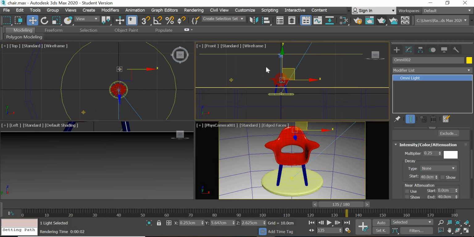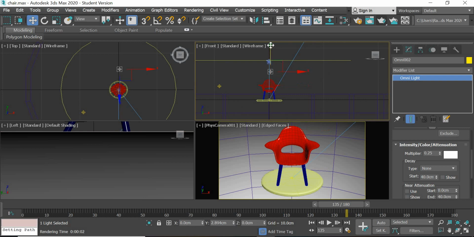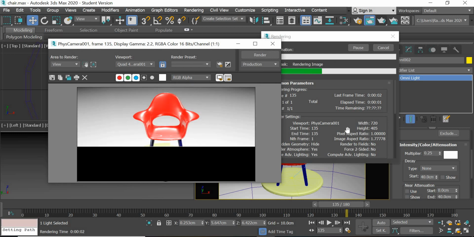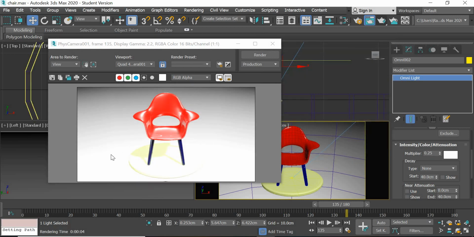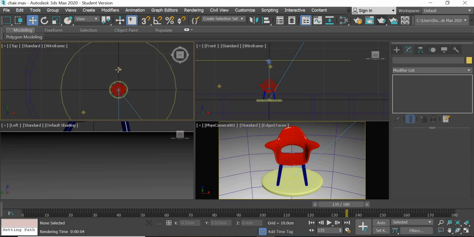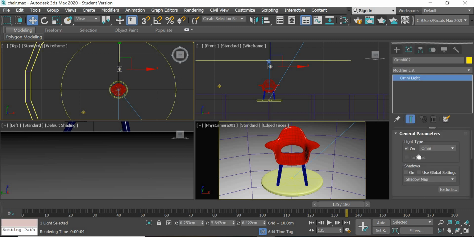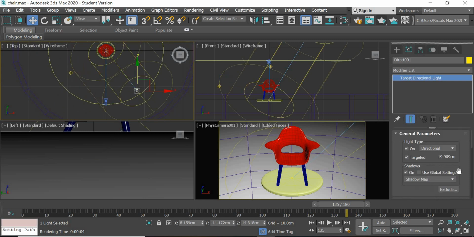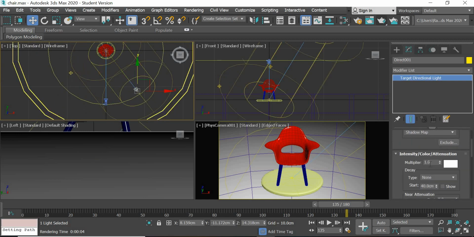Then it comes from slightly above. So these are going to be our three lights. And now we need to reduce the intensity of this light. So this light is 0.25, this light is 0.25, this light is 1,